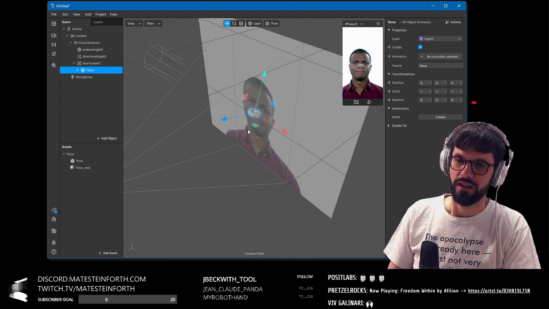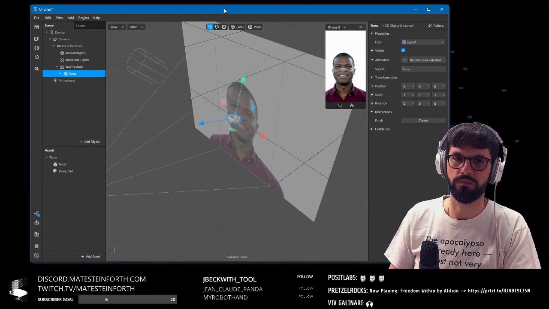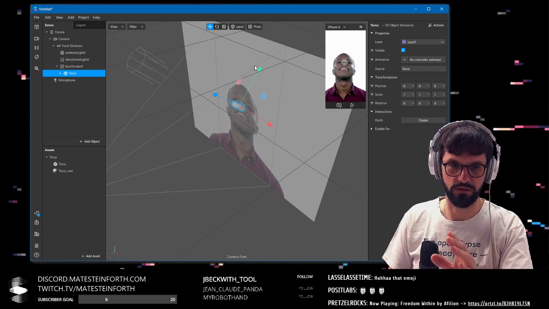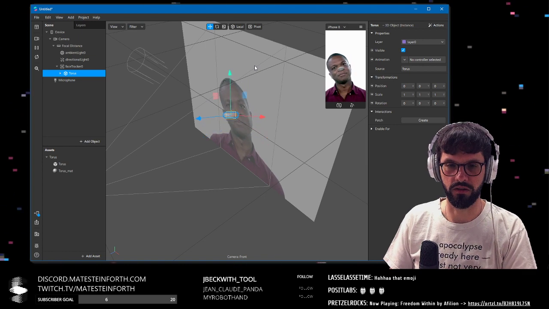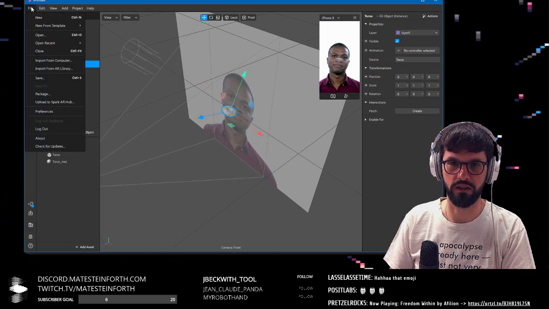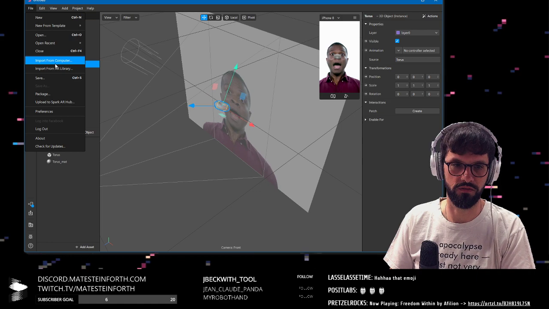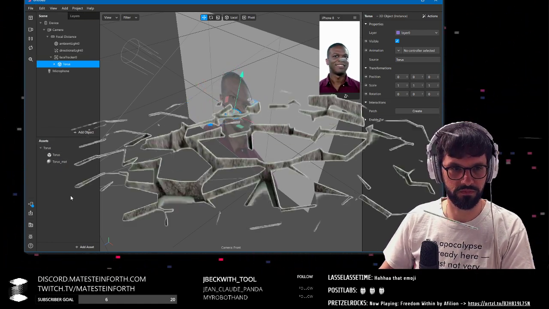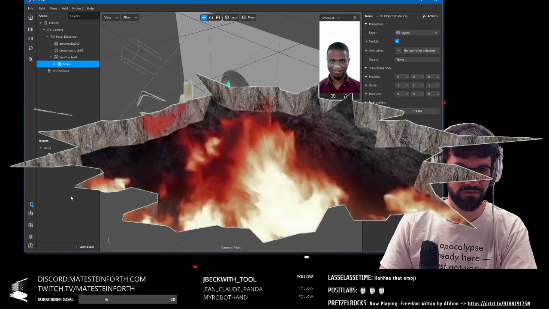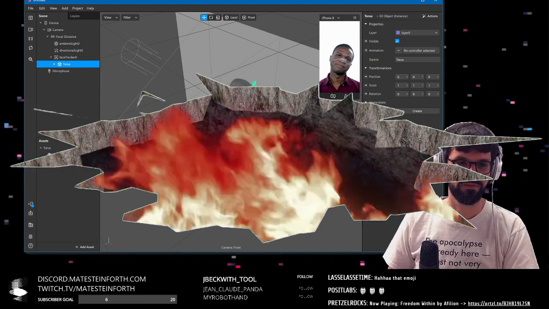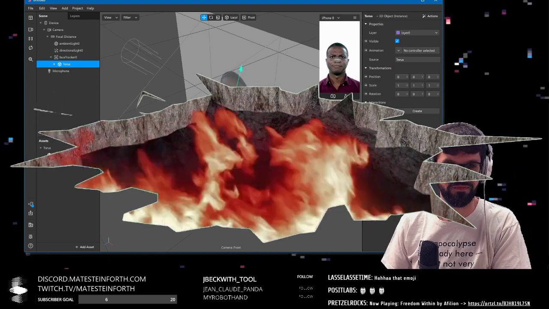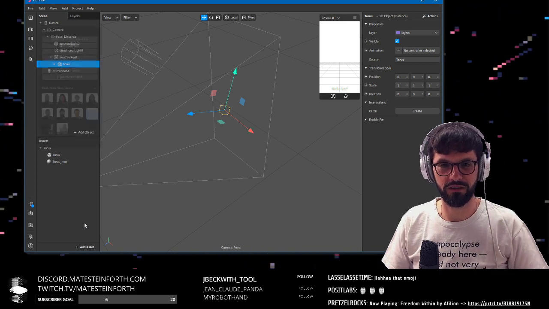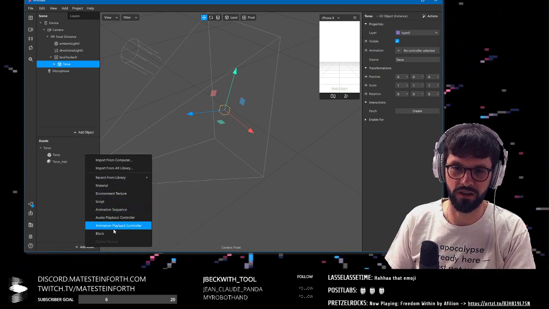So let's say you worked on that stuff and you want to bring your donuts you did yesterday into that scene. So it turns out in Spark, unfortunately, there's import, but only for FBX and stuff, but not for other Spark scenes. Very bad. So there's this thing called blocks, and let's look at the block real quick